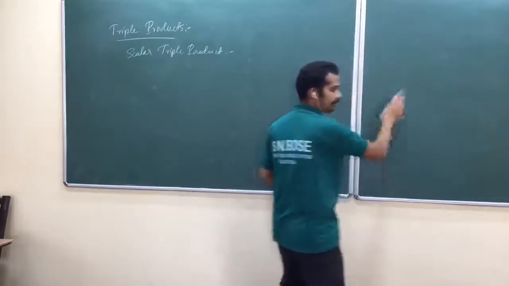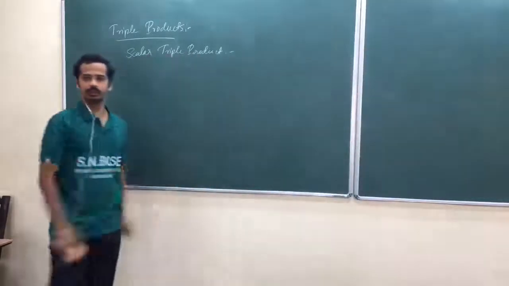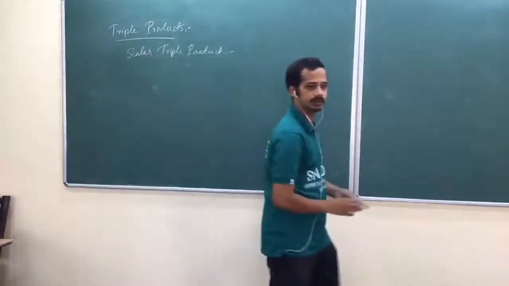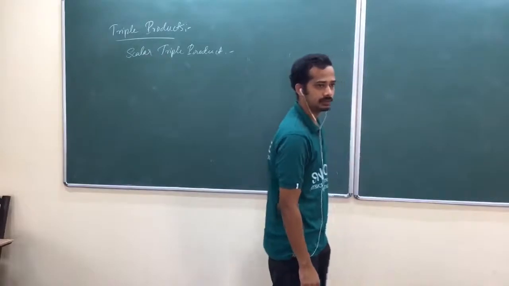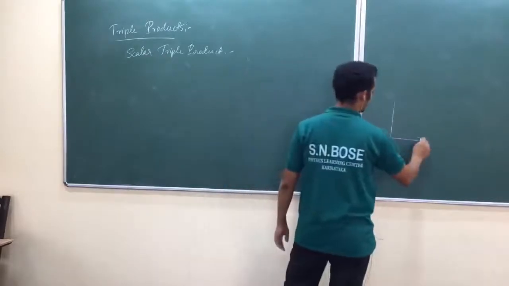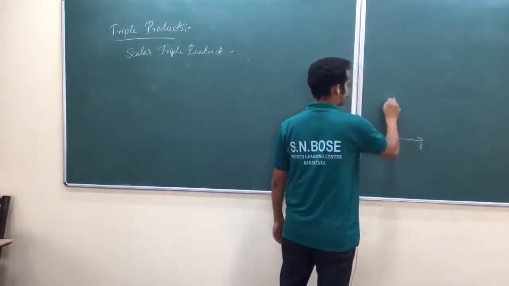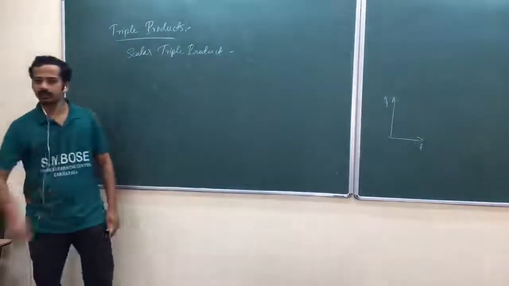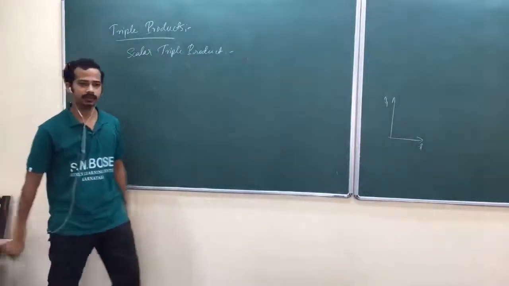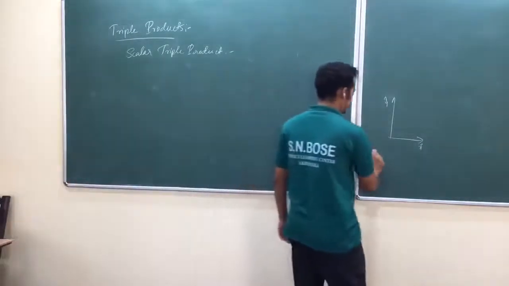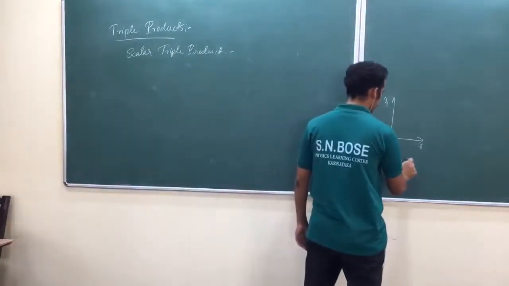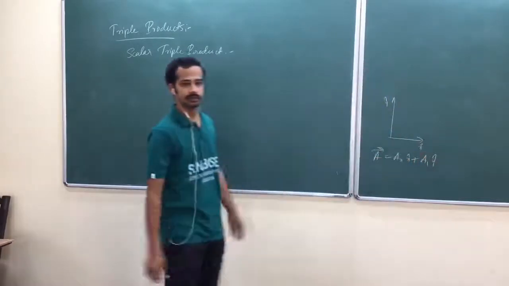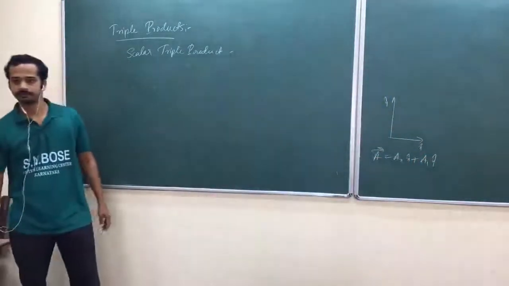You can write any vector. If you form two linearly independent vectors in a plane, you can form any vector in terms of a linear combination. Am I right? So again, you can form a basis. Your x cap and y cap is one of the bases, isn't it? So you can write any vector in terms of a linear combination of x cap and y cap. Whatever I write here, a vector equals ax into x cap plus ay into y cap. Yeah, this is the linear combination of x cap and y cap.